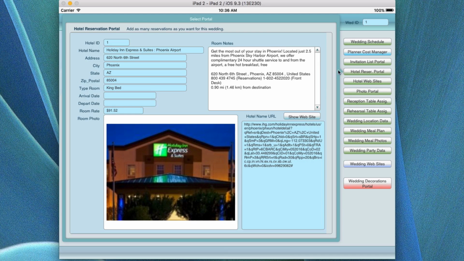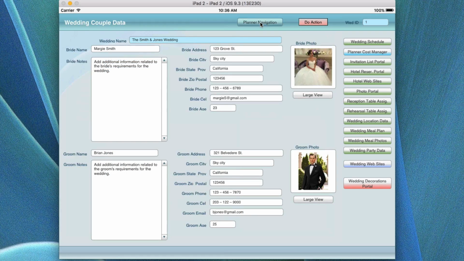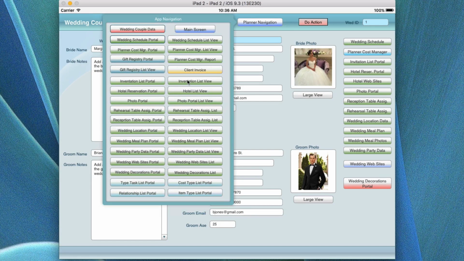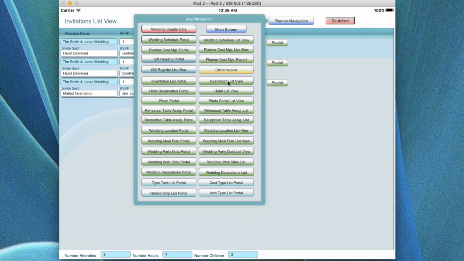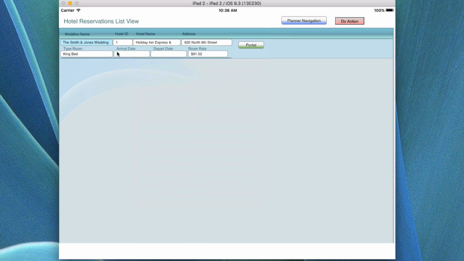Let's go ahead and pop up through here, and we're going to go back to the portal. If I click anywhere off of here, I can go up here and I can go to the invitation list view, and you'll see in the list view, I was supposed to go to hotel. Let's go one more time. Let's go to hotel list view, and now each hotel that's in here would be listed, and you can go